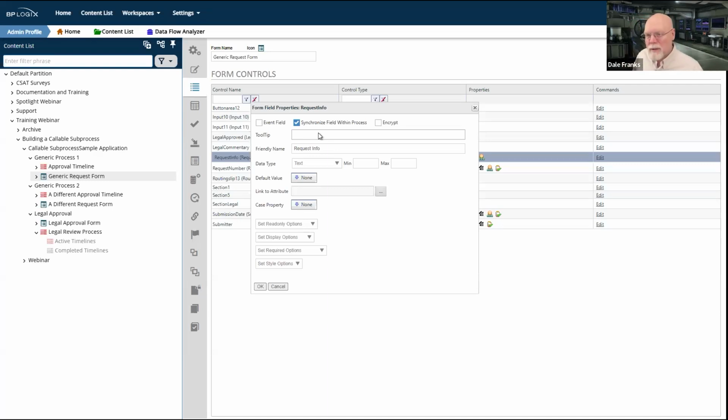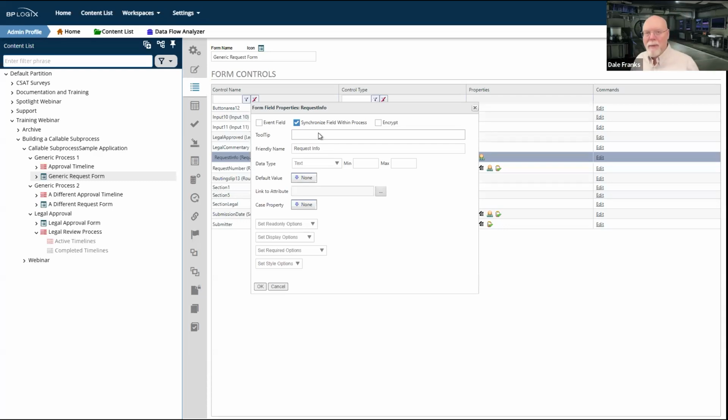If I have 2 forms or 3 forms or 5 forms, all of which have a request info field on those forms, I can choose one and only one of the request info fields on one and only one of those 2, 3, 4, or 5 forms. And that will be the source field for all of the other form fields on different forms in the same process that have the same name.